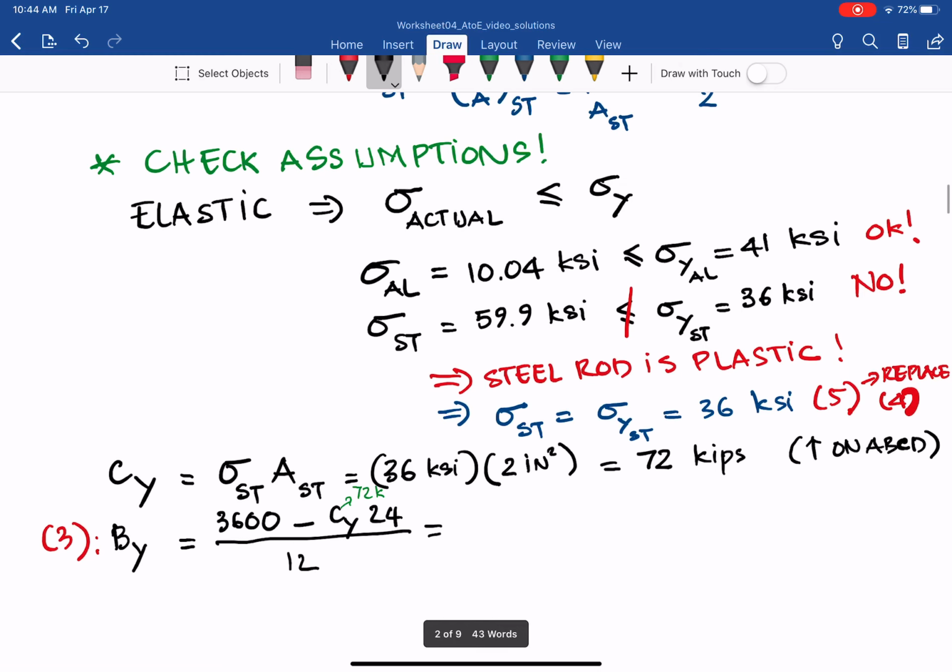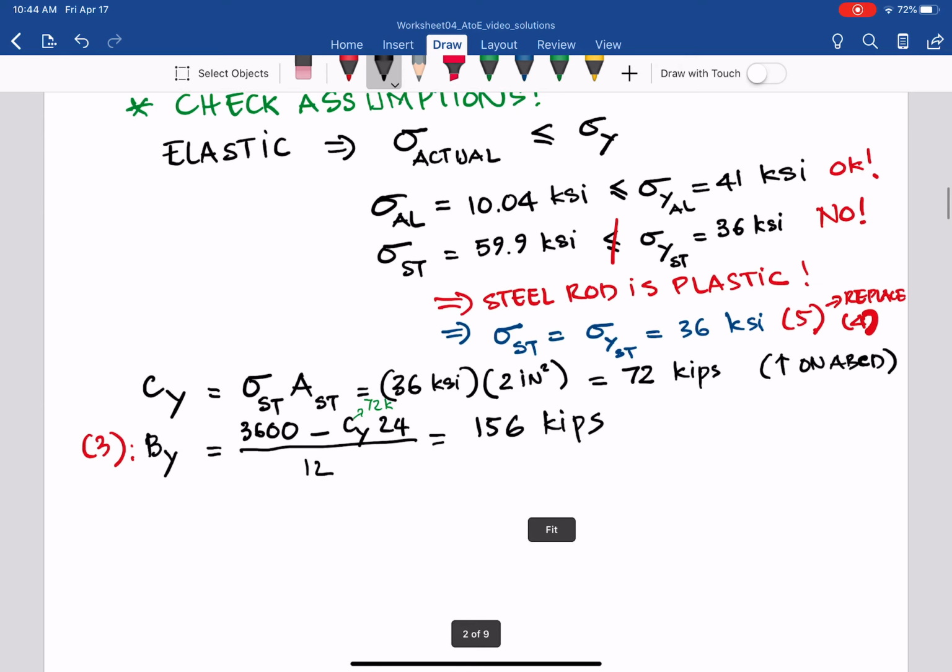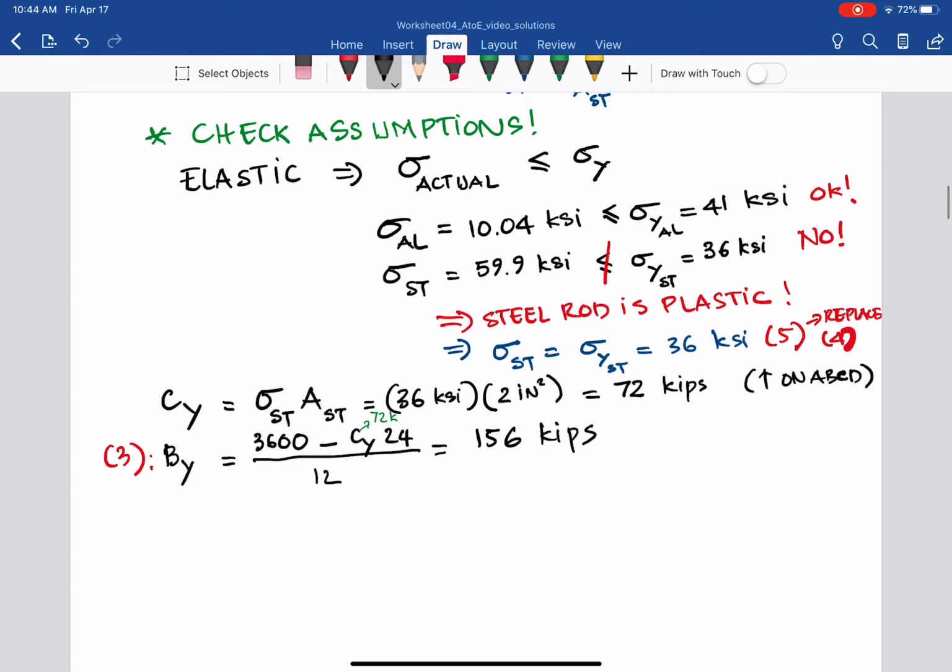So from that we will have equal to 156 kips. So from that we have By, which is the load on the aluminum, so we can now recalculate the sigma